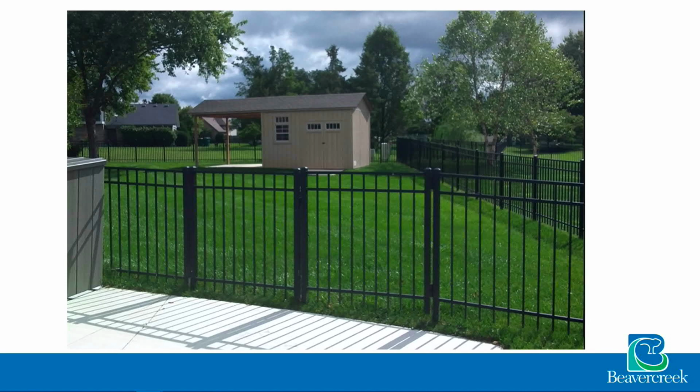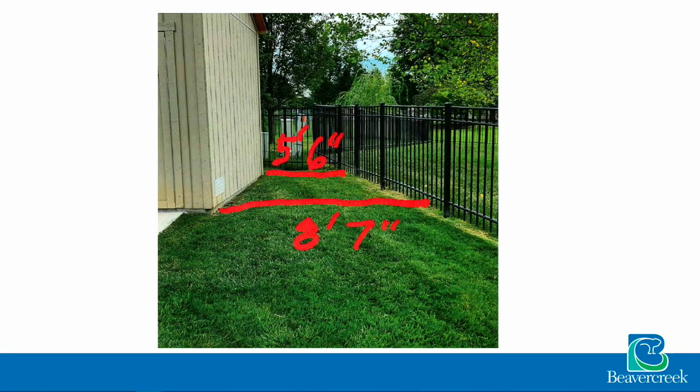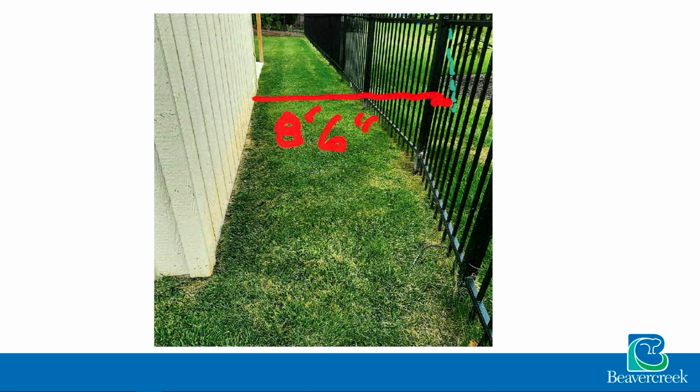This is a picture from when the code enforcement officer was there to take a picture. The applicant supplied this photo showing his distances. The applicant is stating the fence is on the property line, so that's the distance from the side fence. And then the applicant is stating that his property line is on the other side of his fence, so he's 8.5 feet from the property line. His fence is in a little bit. So he needs a 1.5 foot setback encroachment into that rear yard setback is what he currently has.